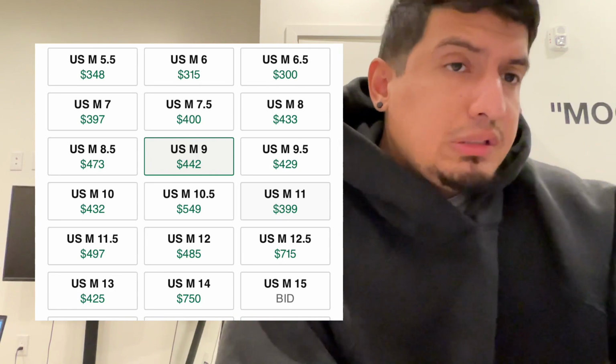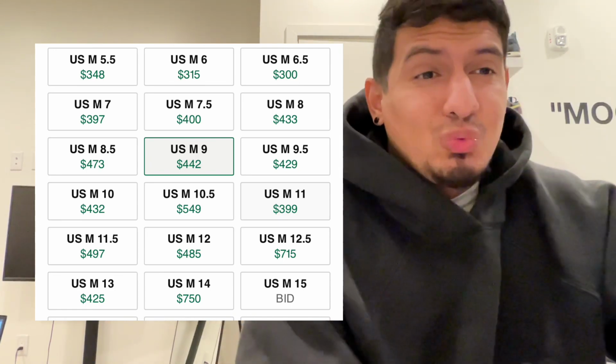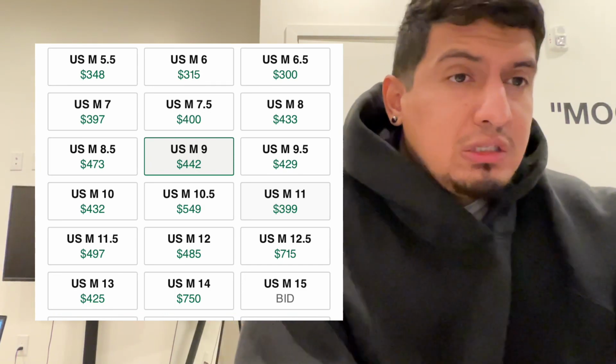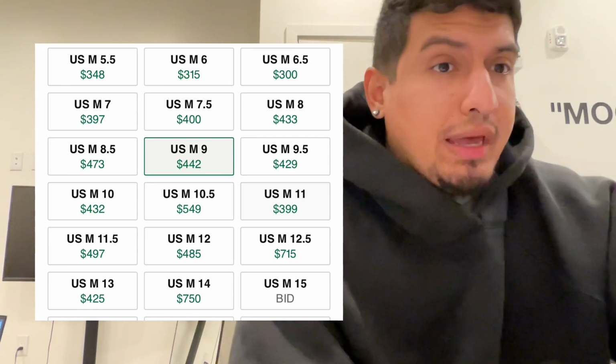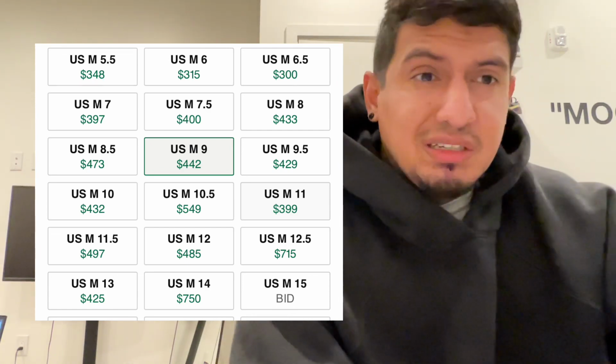I don't think it's going to stick at that, right? I don't think too many people are backdooring the shoe like the Jordan 1s, right? So I do think it's going to probably be around 300, right? I honestly might dip under that. I am personally not going to go for the shoe. Let collectors have it,